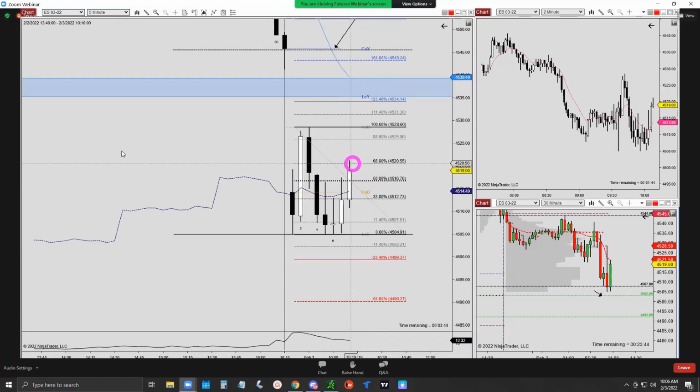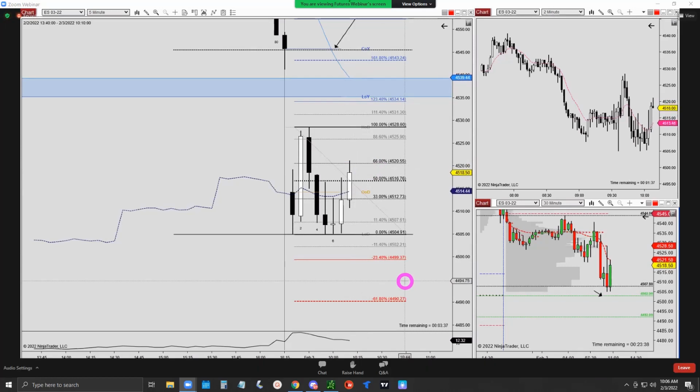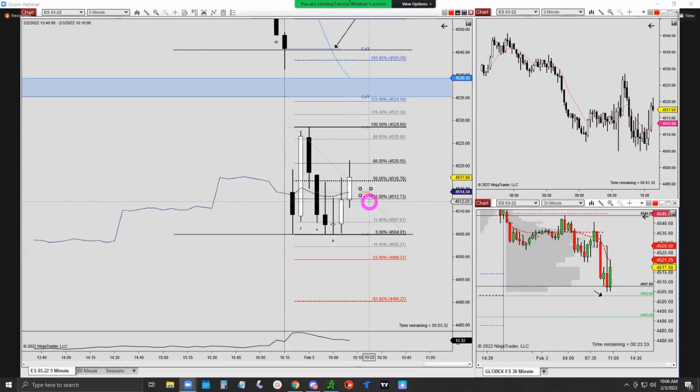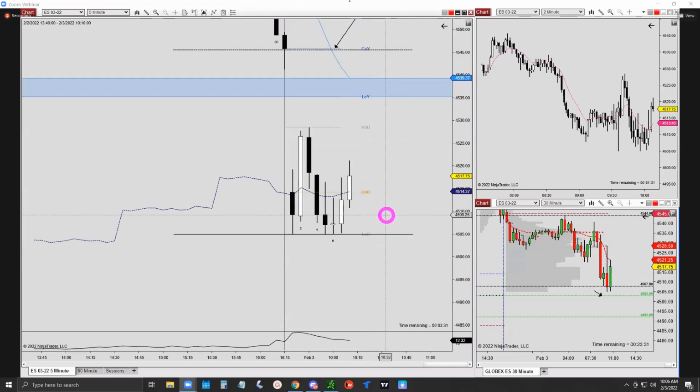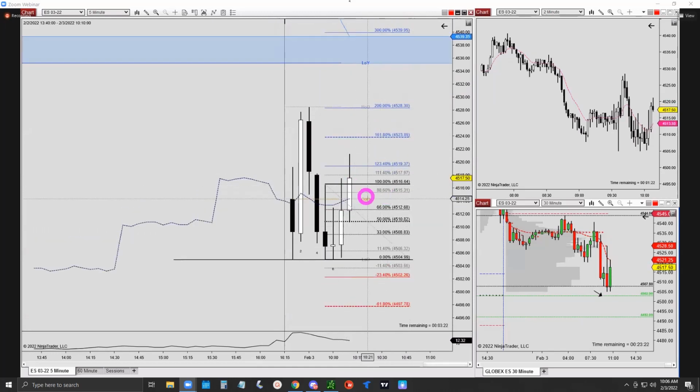See how the levels are respected. Now mother bar breaking out with this bar. So if I just get rid of this, okay, this is the mother bar range. I'm gonna recalculate that. Okay, so we did breakout, but it's not a complete breakout.